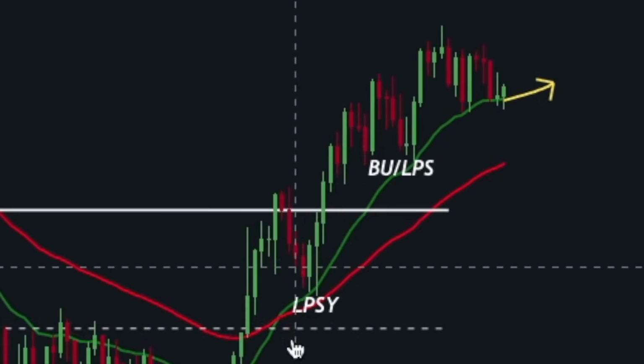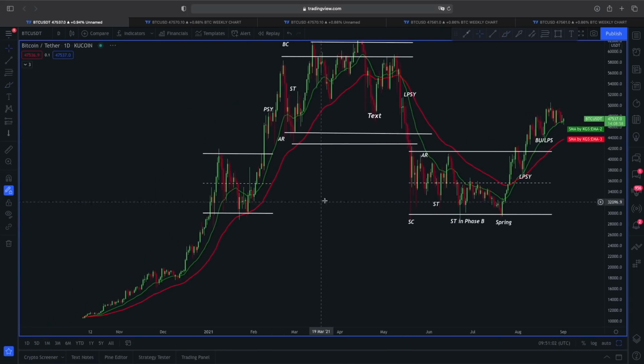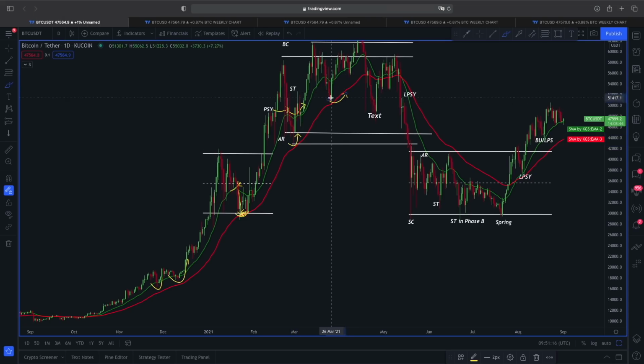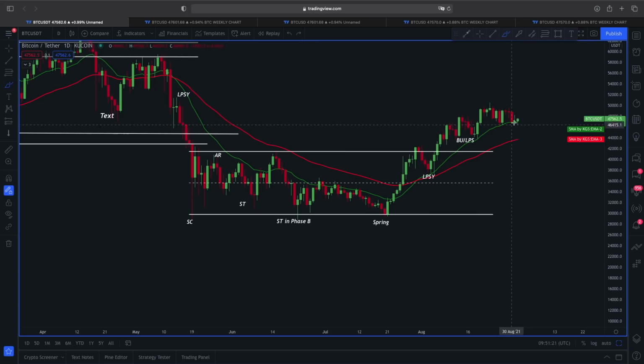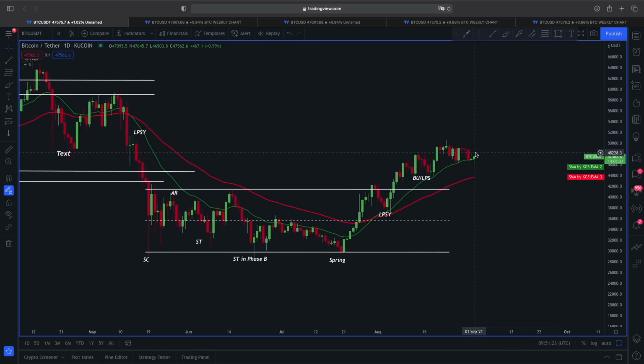Why? Because we have seen this scenario playing out plenty of times. I mean, whenever the price of Bitcoin lost the support from this 20 exponential, we came back to test the 50 exponential moving average and again started this rally here to the upside. Similar scenario unfolded here, right? You can see the price came around this 50 exponential moving average and found a really strong support. So that's why in a daily, what we want at any cost is to stay above this 20 exponential moving average, because failing to find support at this 20, the next support is going to be around this 50 exponential moving average, and this 50 is going to be our final support here in a daily time frame.